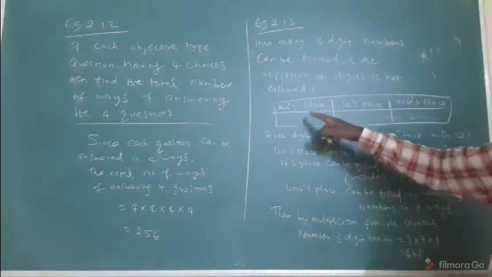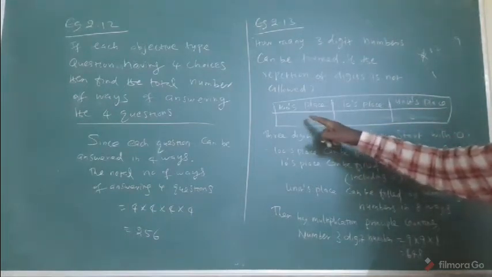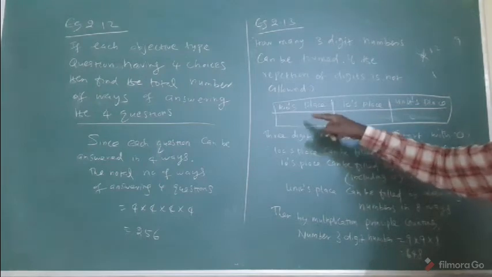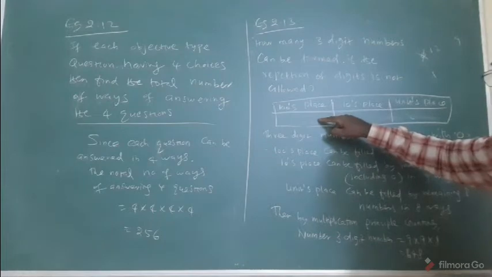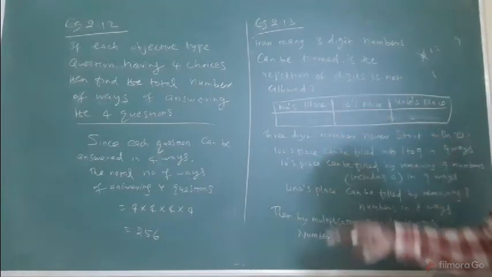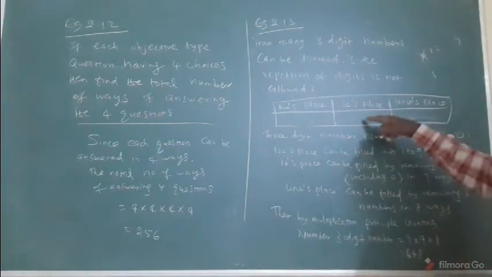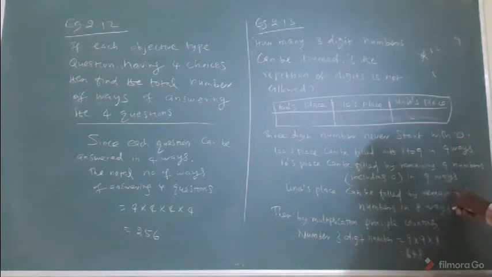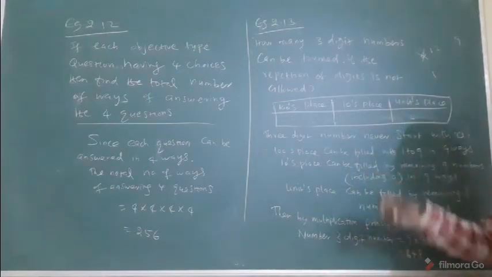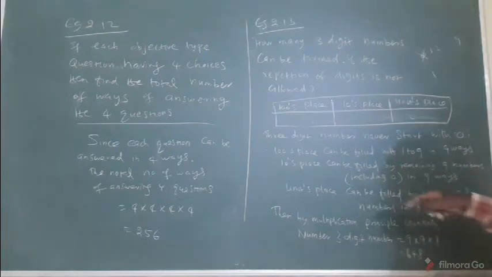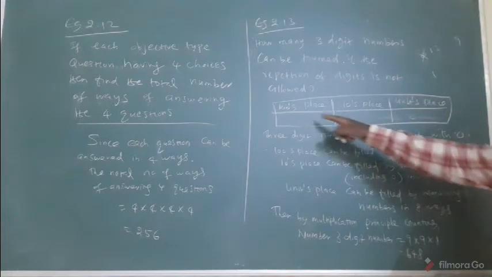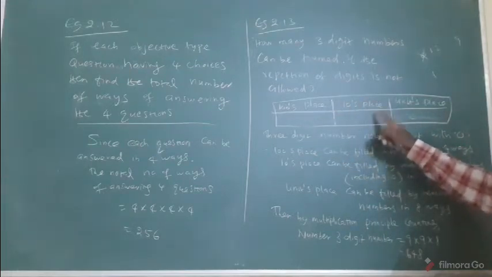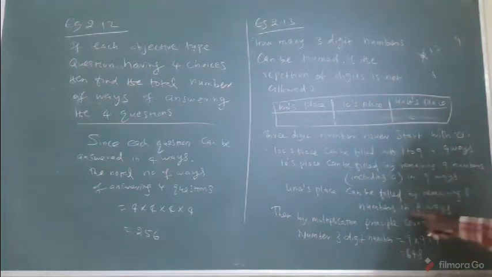Here 1 or 2 or 3 or 4 or 5 or 6 up to 9, you will put any one of the numbers. Out of 1 to 9, already one number is allotted, so automatically we get only 8 numbers. Now include 0 also, 9 numbers again, in 9 ways. Am I right? Next, the unit place can be filled by the remaining 8 numbers, because totally 10 numbers, here 1 number allotted, here 1 number allotted, the remaining numbers are 8 numbers, that is 8 ways.